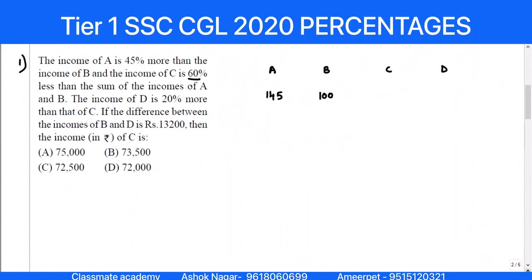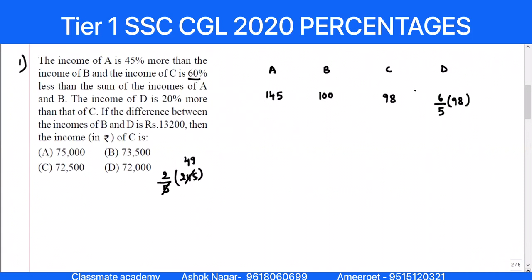245 by 5, if you do, it will be 49. Okay, so 49 twos are 98. So all I am doing is 2 by 5th of 245. How much is it? 49. What is 49 twos? 98. And D is how much more? 20% more. 6 by 5th of